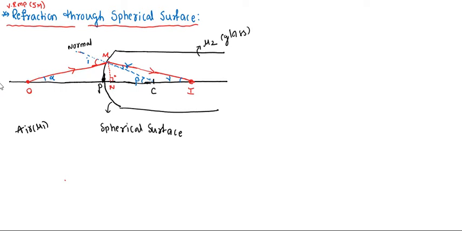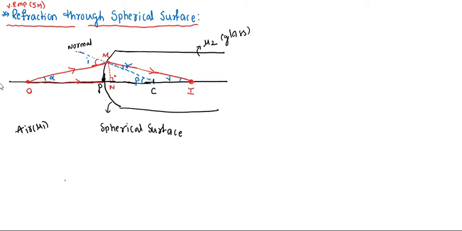One more light ray we can take. The one more light ray is going straight like this through the principal axis. When the light ray passes through the principal axis, it cannot bend, it goes straight, and it reaches the point I. The two light rays are meeting at the point I. Then at the eye, the image will be formed.